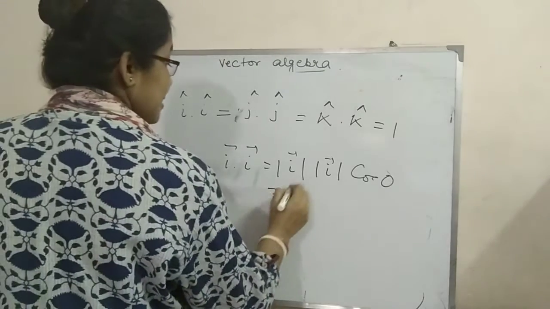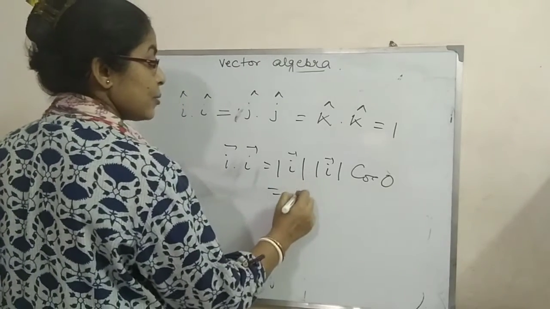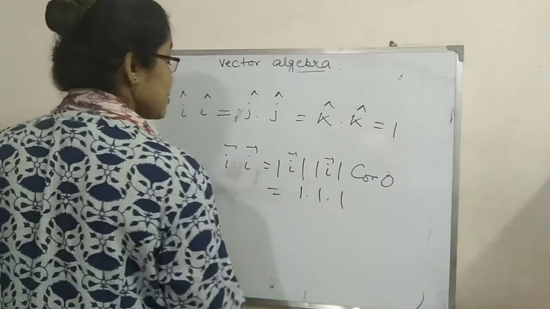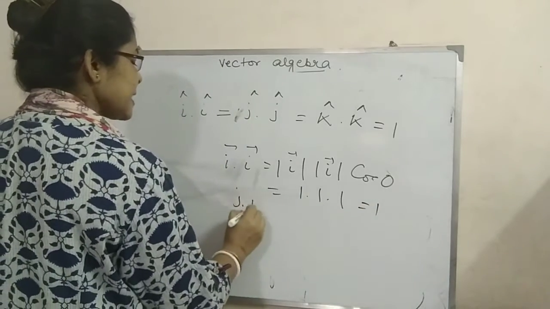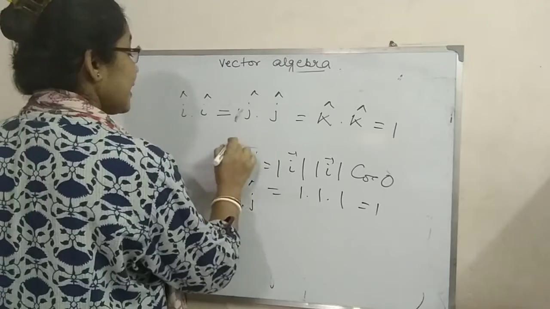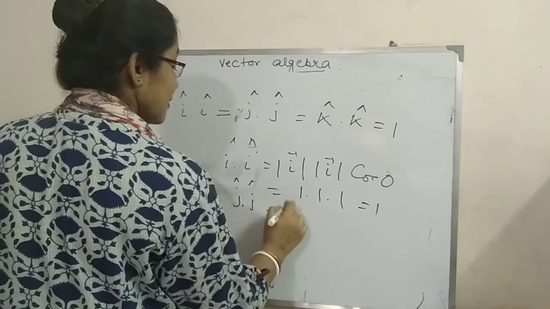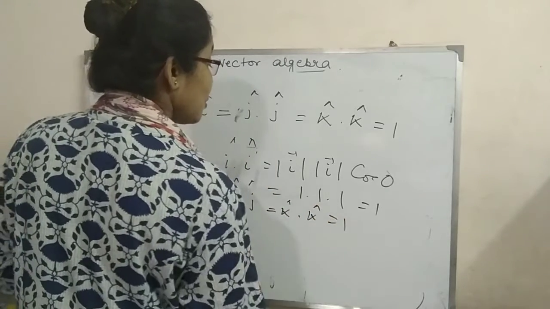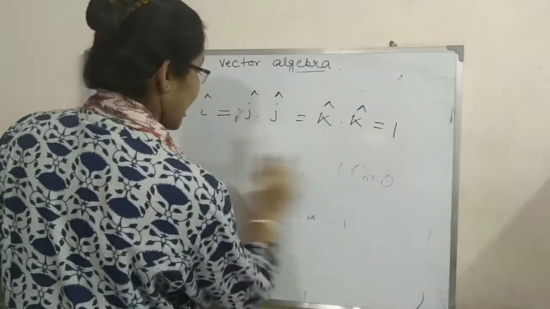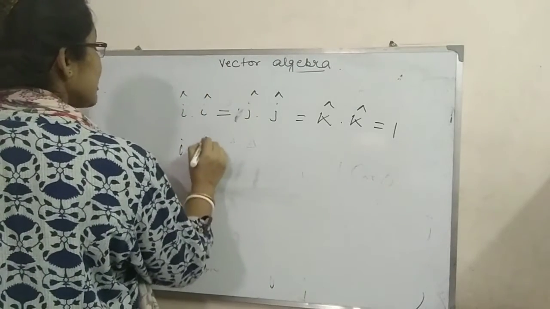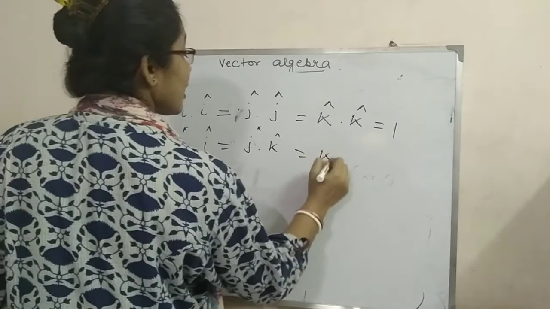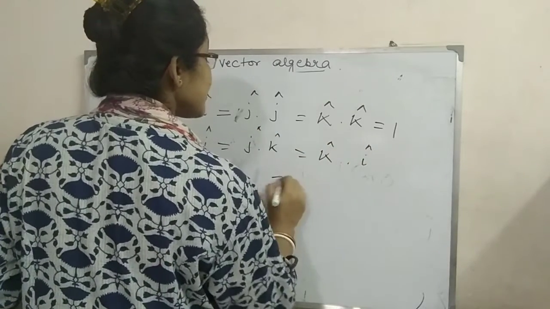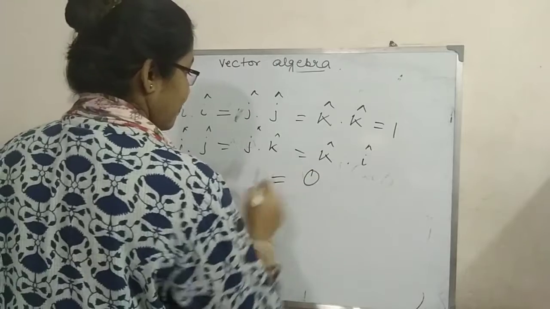Since i is a unit vector, its modulus is 1, so it equals 1. Similarly, j dot j and k dot k equal 1, and i dot j equals j dot k equals k dot i, which equals 0, because